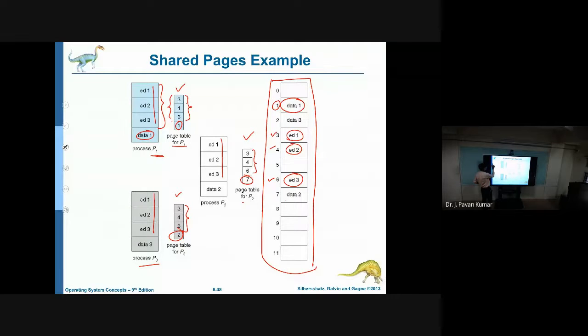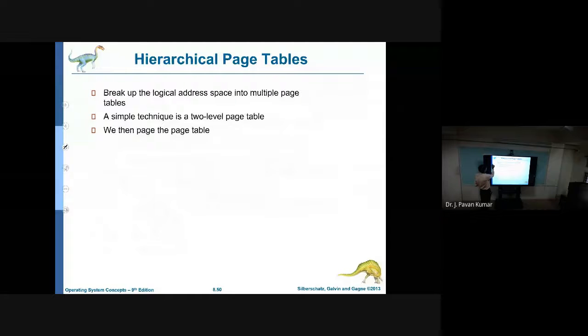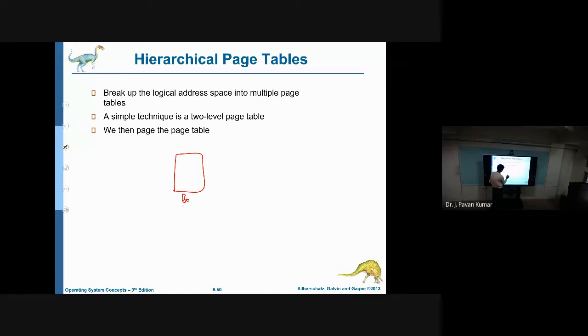Next, coming to the page table. Suppose we are maintaining a book for writing something, and let us say we maintain an index. There are several things which we have in our home, and for each one we maintain the index: in this particular shelf we have this, in the second shelf we have this.